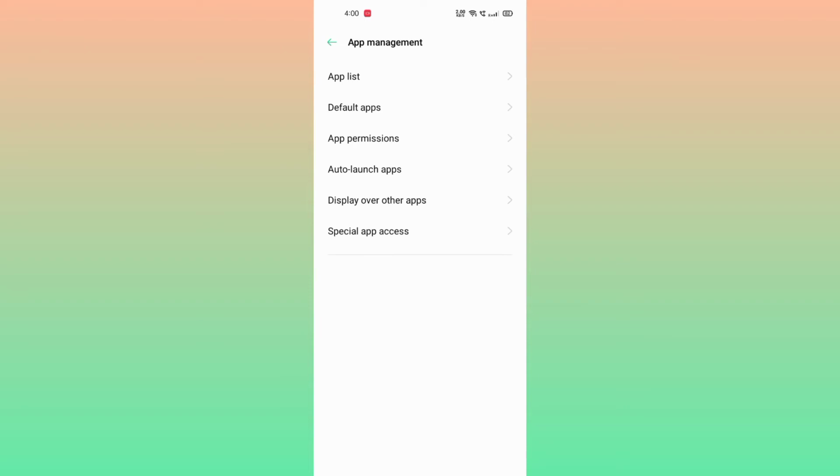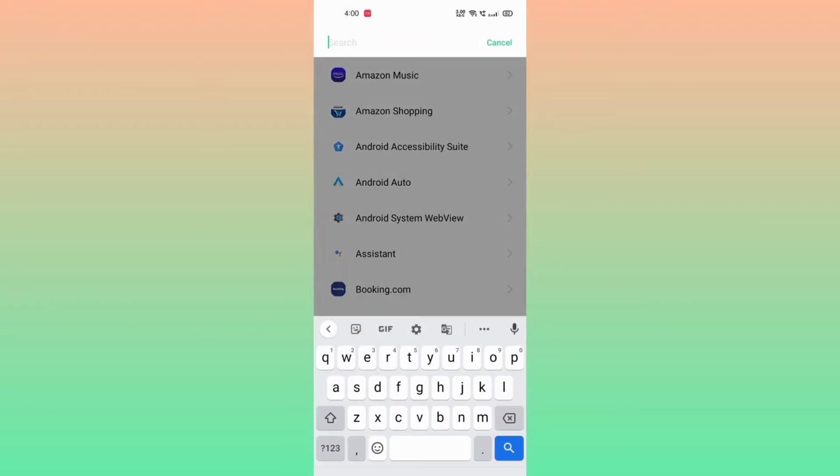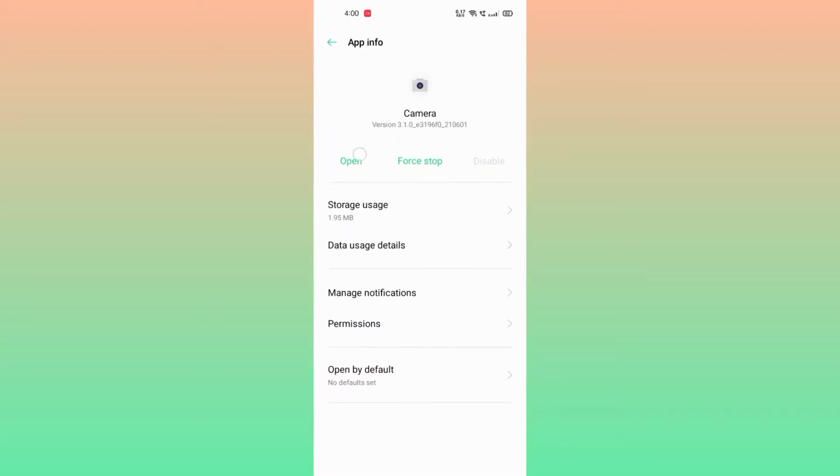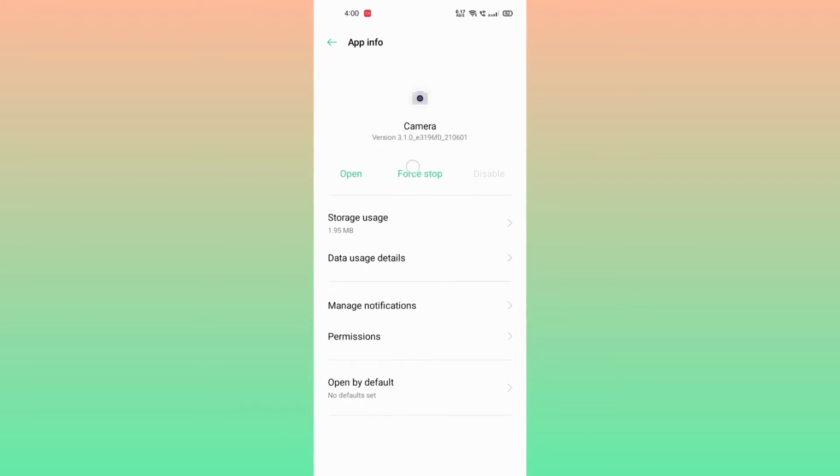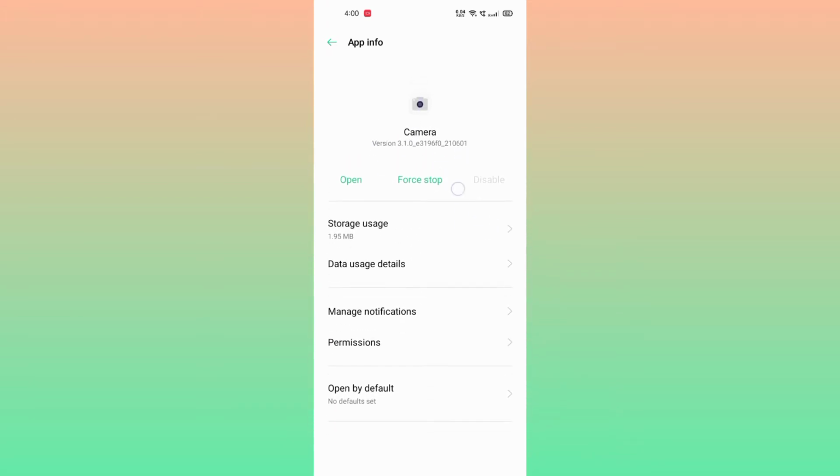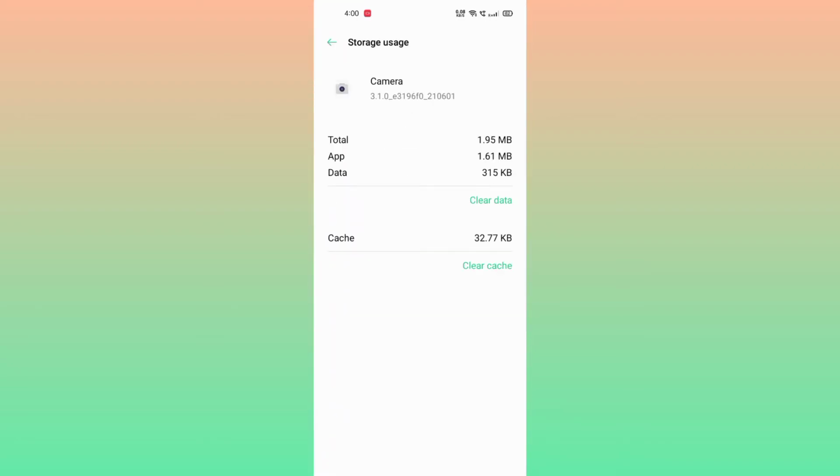So here you have to go, and after that you have to go into the app list and search for camera. After searching for camera, guys, make sure that you click on this force stop, and after clicking force stop you have to come to the storage usage and you have to clear